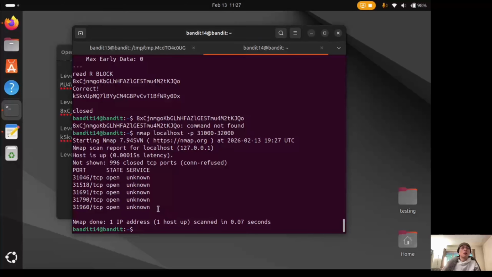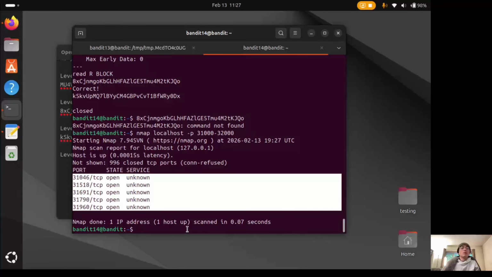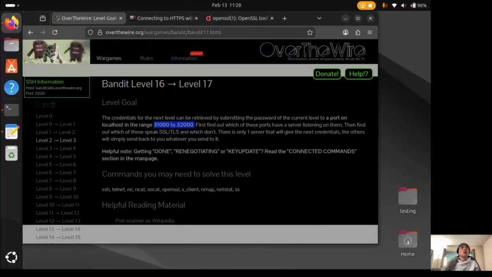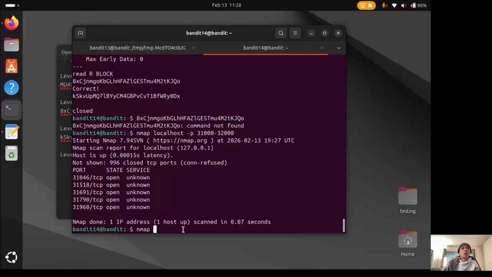So there, these ports are open, and one of them will send back the answer, and the one that speaks SSL will spit out the answer to us, so we can run an nmap on the services to see what they do. Again, localhost, we can -p